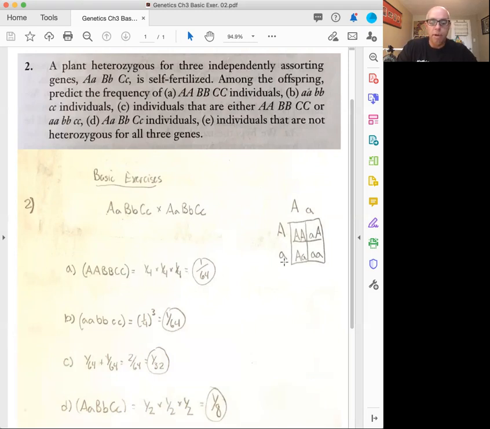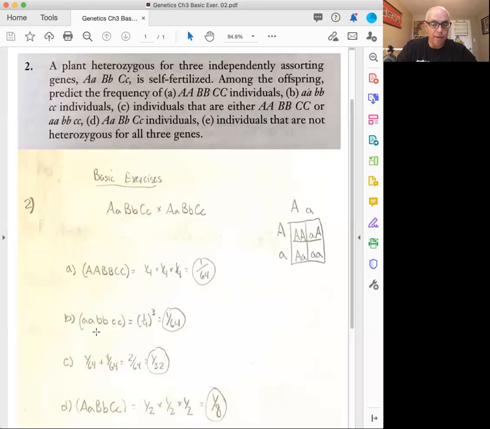So the probability of getting a big A from a cross between a big A, little a, do the Punnett square, is 1 out of the 4 cells of this Punnett square is big A, so it's equal to 1/4. The probability of that event. Next one, big B, exact same thing, just using B instead of A. You also get 1/4. The third one, big C, same thing, just using C. So the probability that this event occurs and that event, times them all together. Whenever we hear and, remember multiply: 1/4 times 1/4 times 1/4 equals 1/64.